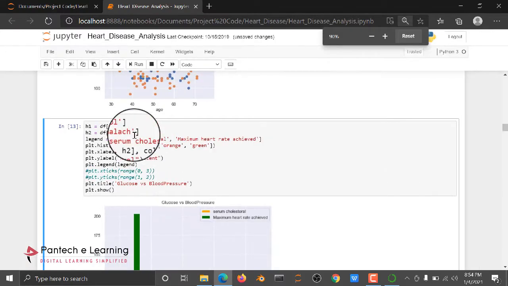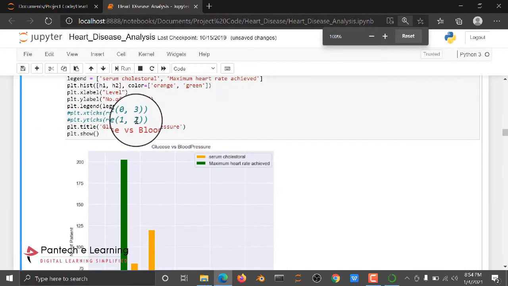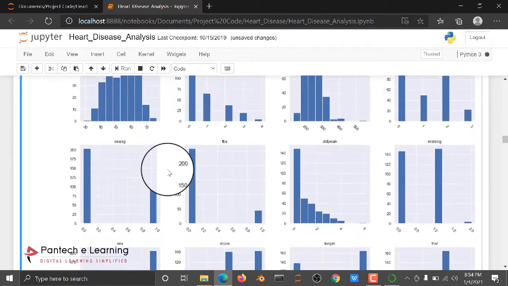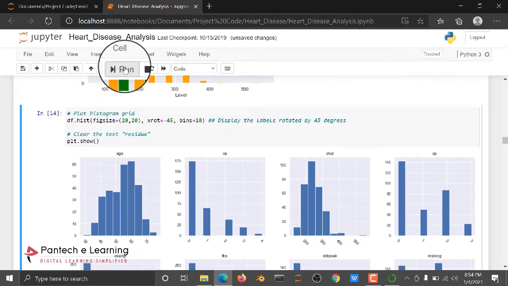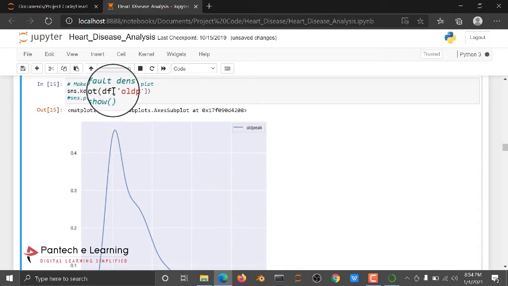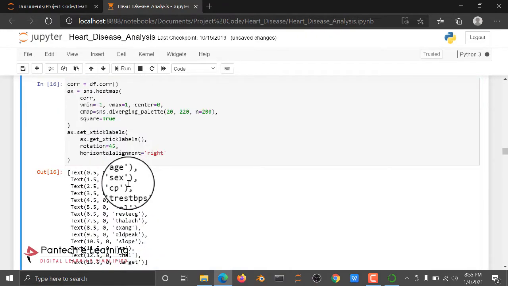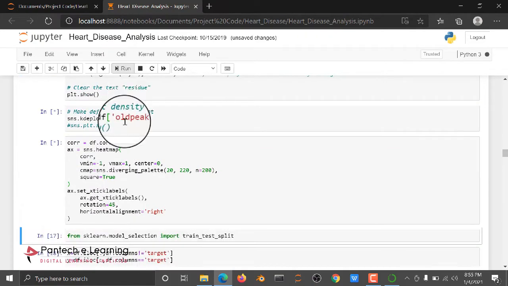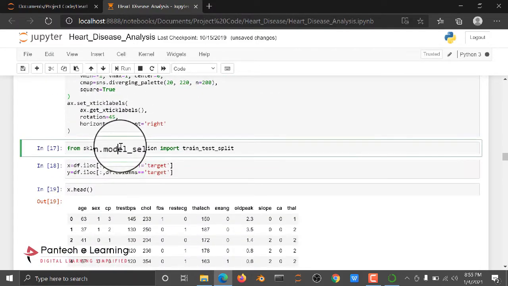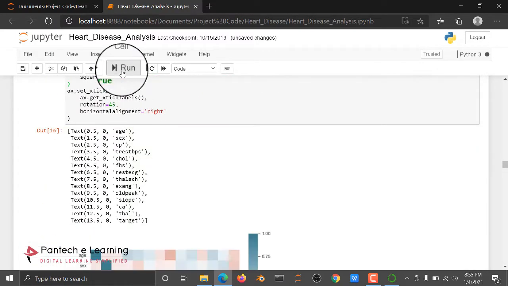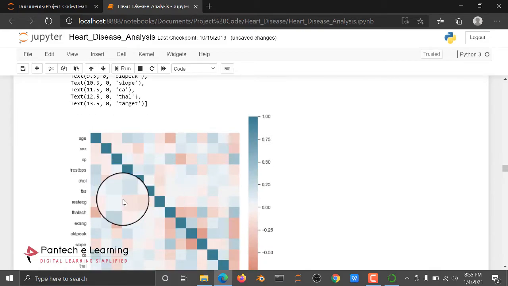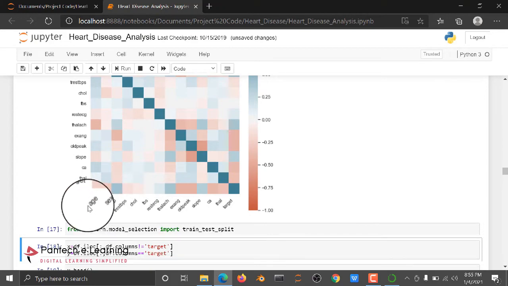Here we have a histogram graph, then a density plot, and then a correlation plot. This is the heat map, as it is generally called. Here we compare each and every attribute with the target using the score.